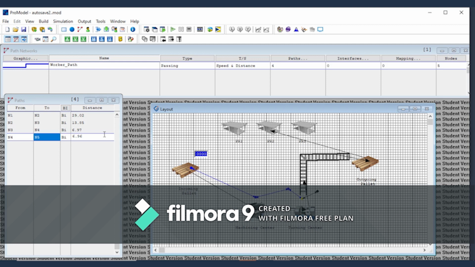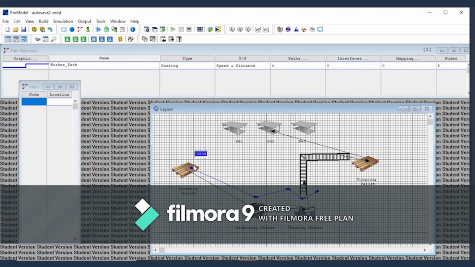okay, next you have to click the interface. You have to click node to the incoming pallet. Okay, node, and the location is incoming pallet, and then you click again at the node to the machining center, and then click again node to the turning center. Okay,